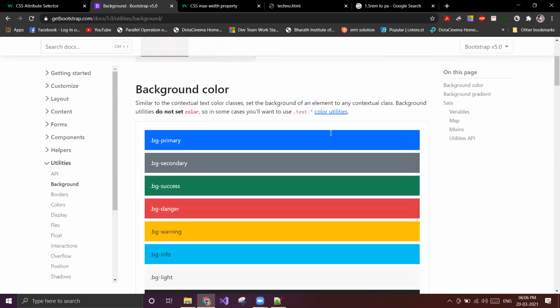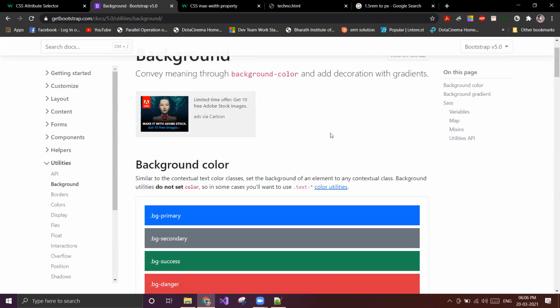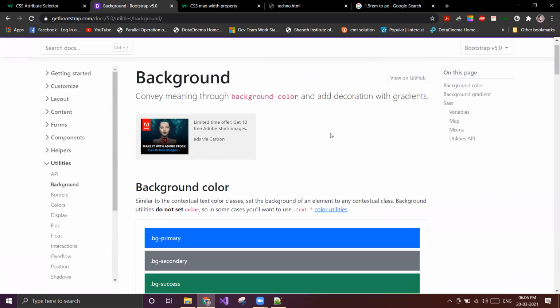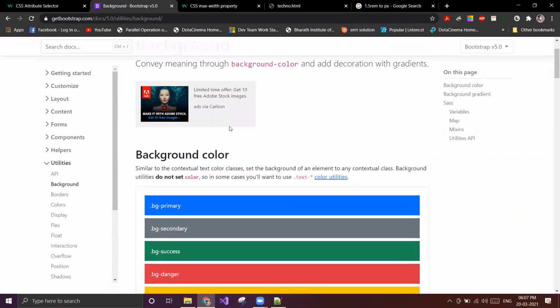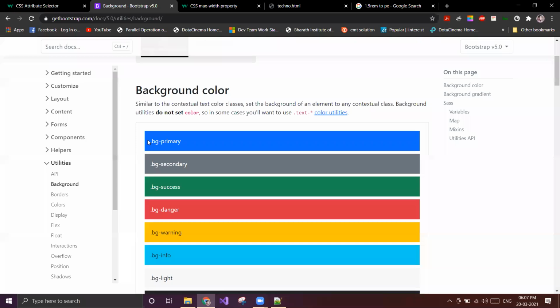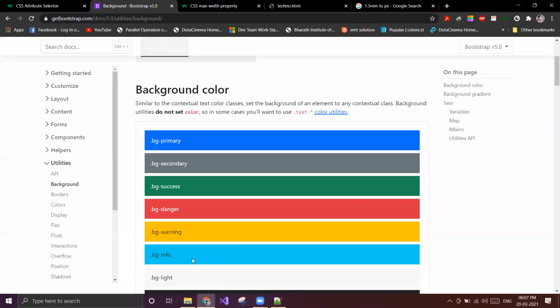What is there in background? The first thing is background color. How do we change the background color in CSS? Background color colon the color, isn't it? Here we already have a lot of classes. BG primary.